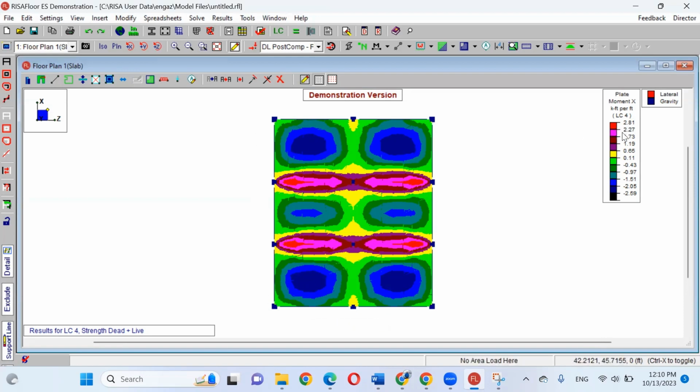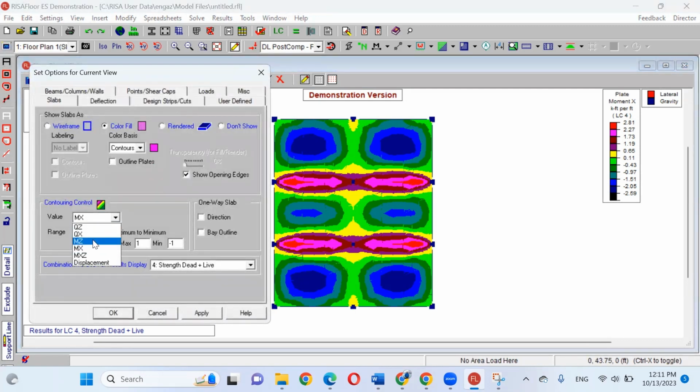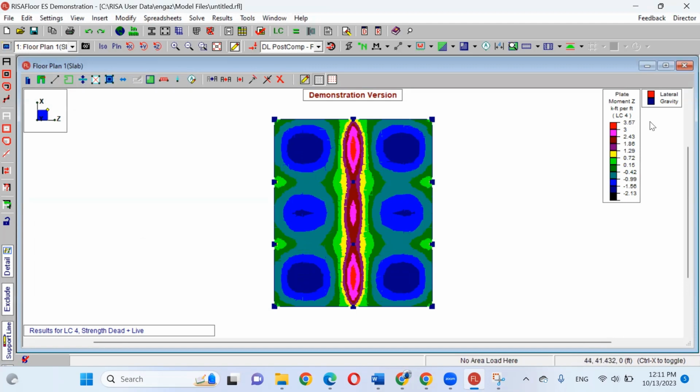And the maximum value will be different, looks like it's around 2.8. So we have a steel reinforcement in the horizontal direction coming from MZ. How much? I will use 3.57. This is the maximum value. So M ultimate equals 3.57. I can start my design.